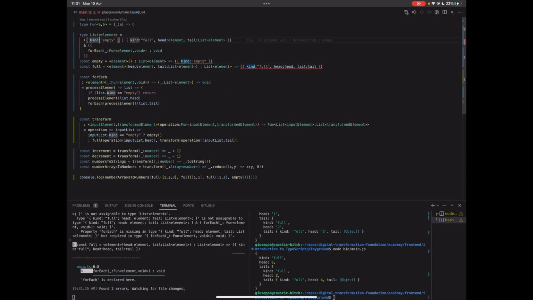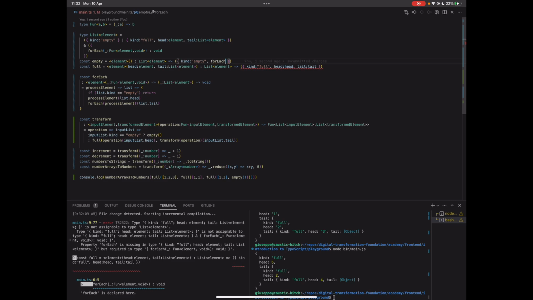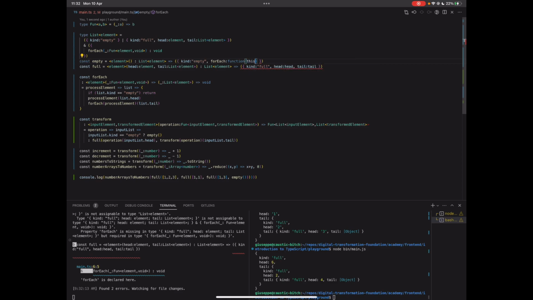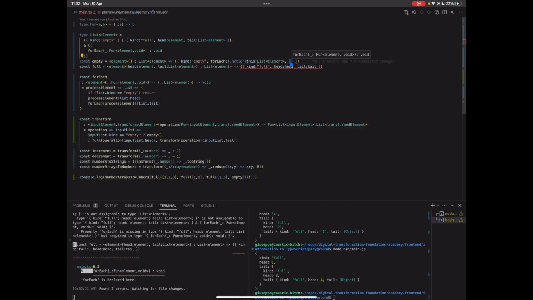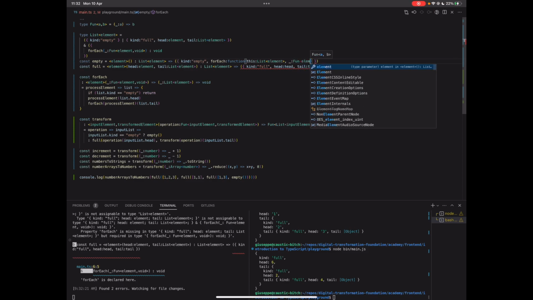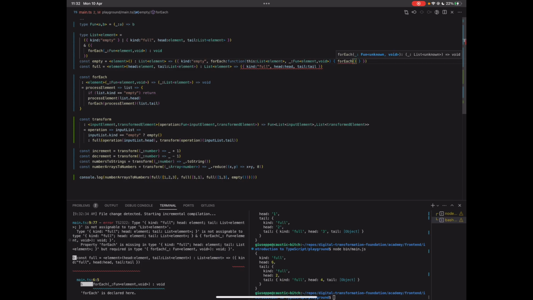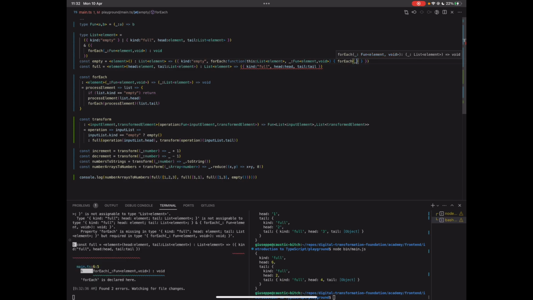But now I'm saying the kind is always there, sometimes there's a head and tail, but there's always for each. And here I'm going to put all the utility functions we just want to carry with us. Okay, now we can say that for each is a function. I can put a first parameter, which I call this, which is a list of elements. So this is the function we are calling for each on, and then we have the operation, which is the function from element to void, yes, and then I simply invoke for each of, well, first the operation and then